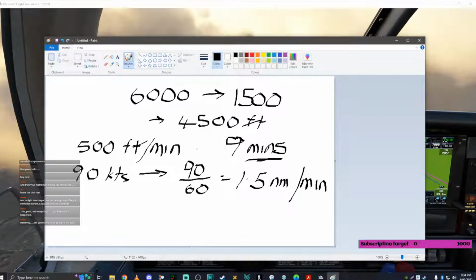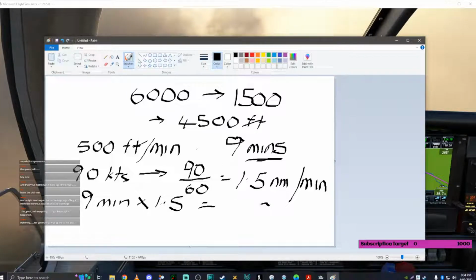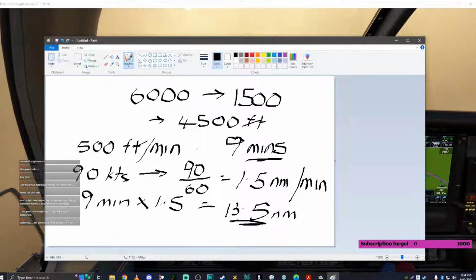Okay, so now we know that it's going to take 9 minutes to go from 4,500 down to 1,500. So we multiply 9 minutes by 1.5 equals, and if my maths is correct, 13.5 nautical miles. But we can round it off, and we always say give a factor, and I'll say about